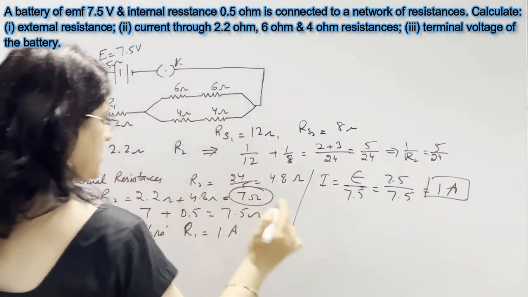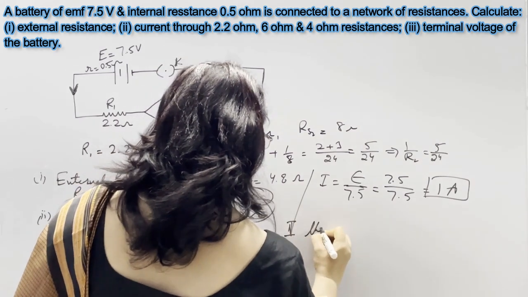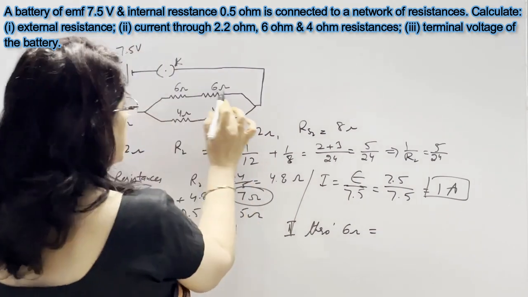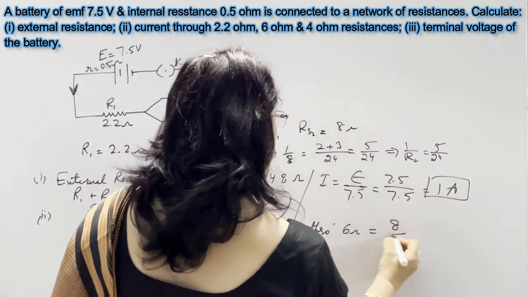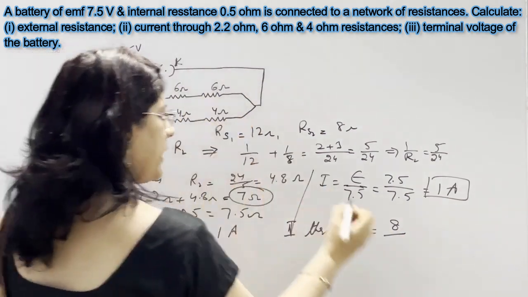Current through 6 ohm resistance. Now in the second part, current through 6 ohm. Current through 6 ohm means we need to take the other series combination. It means 4 plus 4 is 8, divided by total 6 plus 6 is 12, then 4 plus 4 is 8, it means